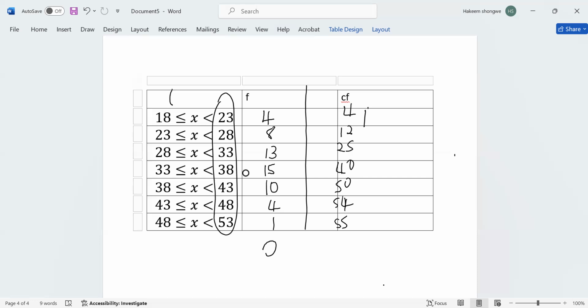So now we just have to fill in this one. We are good then. Okay, what else should we remember then? We're able to go from the frequency to the cumulative. And then the next question says,